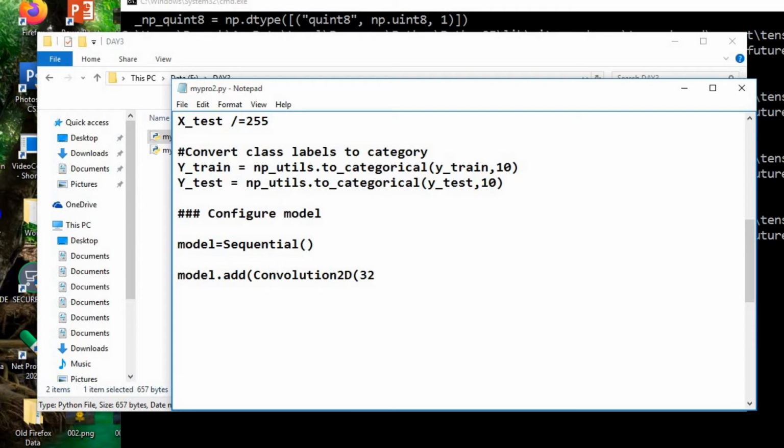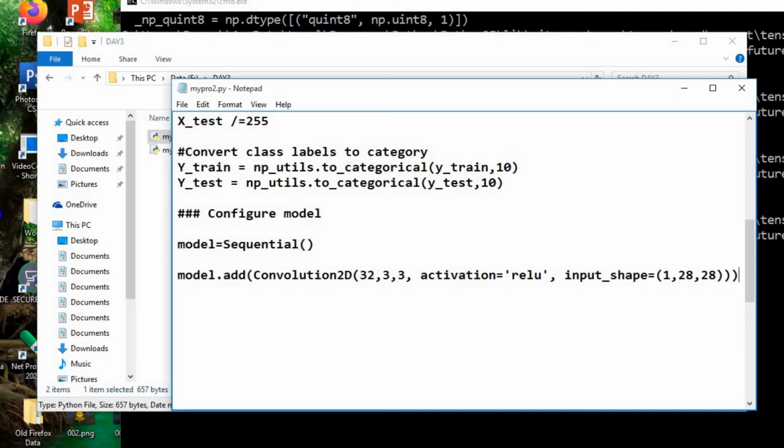So model.add, and you have to mention the type of first layer. We are going to use a Convolution2D layer. Inside the brackets you define the number of kernels and the size of each kernel. So we are going to use 32 kernels with a size of 3 by 3 with the activation function ReLU, that is rectified linear unit. Next, for the data going into this layer, we are going to define the input shape.